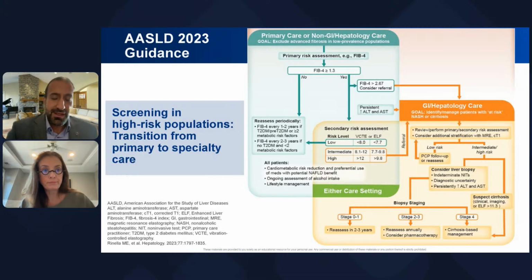What I like about this guidance update is that you provide specifics about what can be done in a hepatology clinic, including MR elastography. You mentioned other technologies like corrected T1, and I want to highlight that at the end, if you have discordant NITs and you are not sure, then a biopsy is still a good option. I think by implementing this algorithm, only about 5% of patients will probably need a biopsy when it's all said